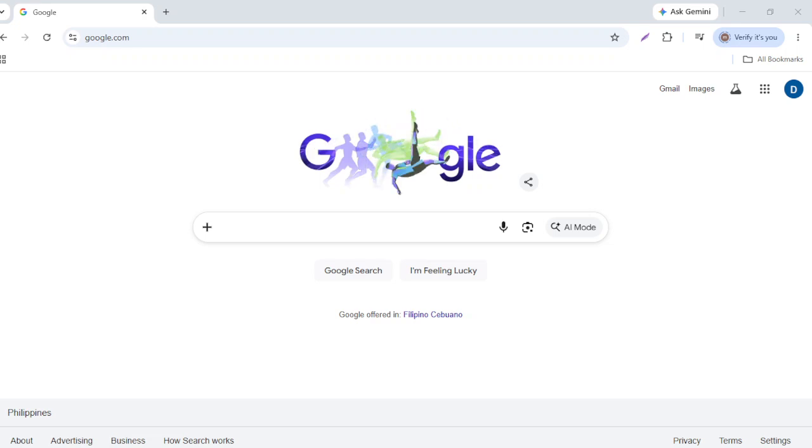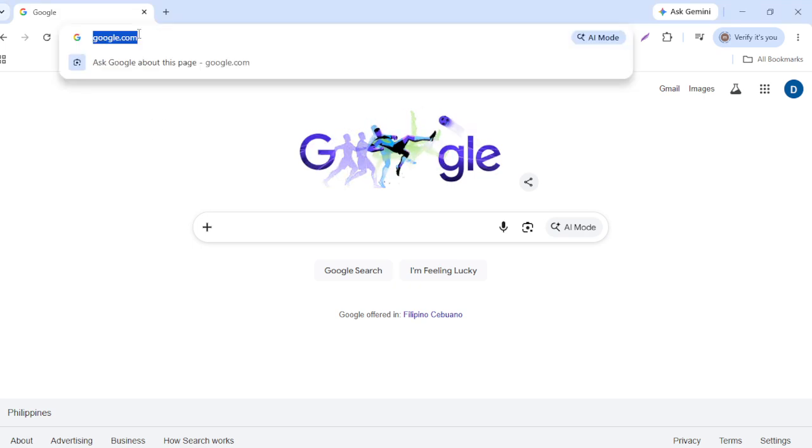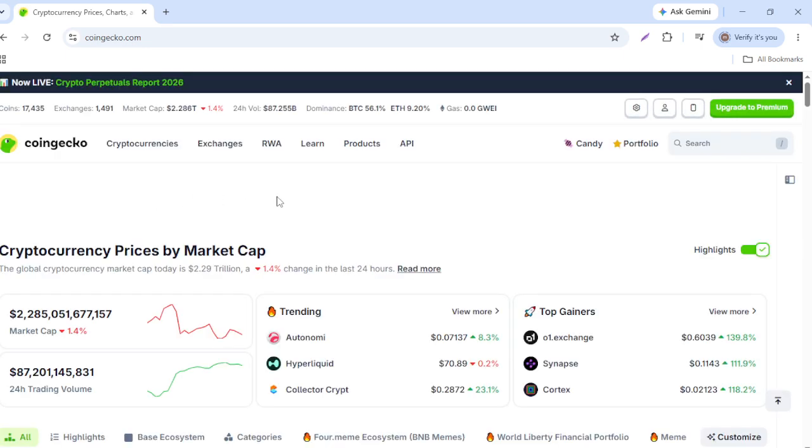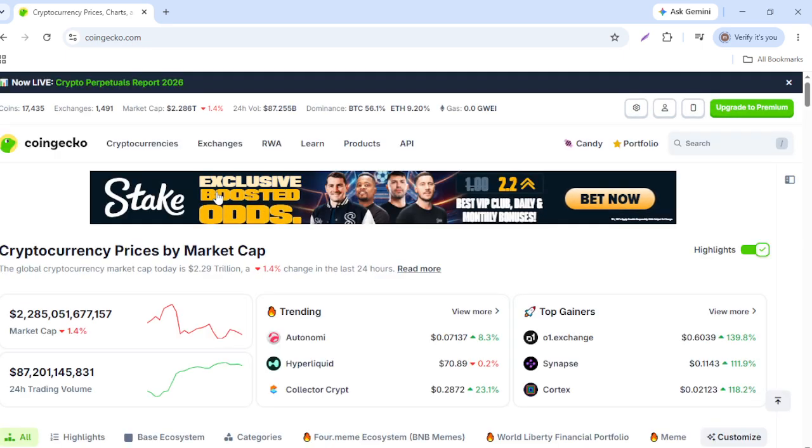In today's video, I will walk you through how to change language on Coingecko. To get started, open a web browser and go to Coingecko. Once you're on the site, log into your account using your account credentials. After you have signed in, look at the top right corner of the screen and click on the settings icon,